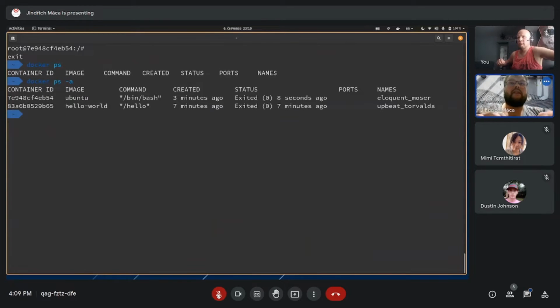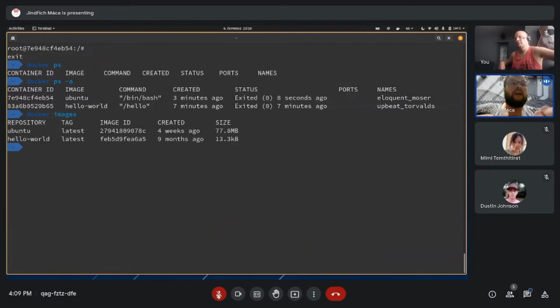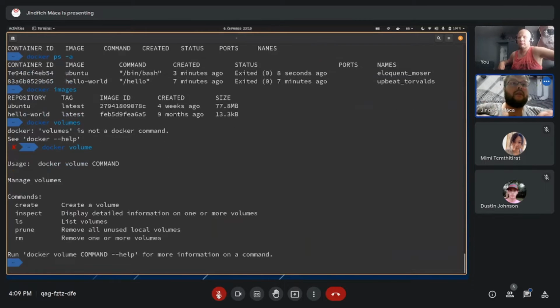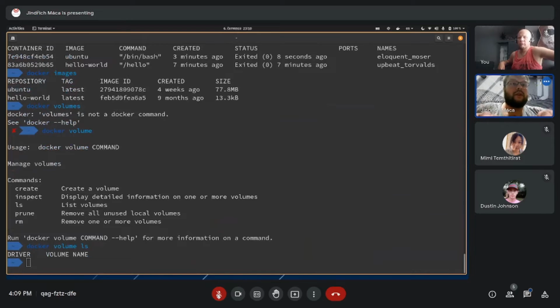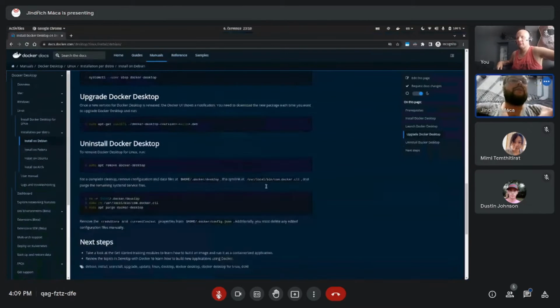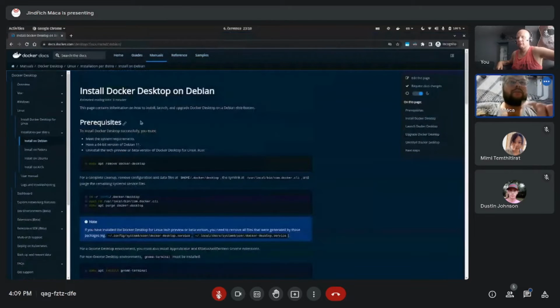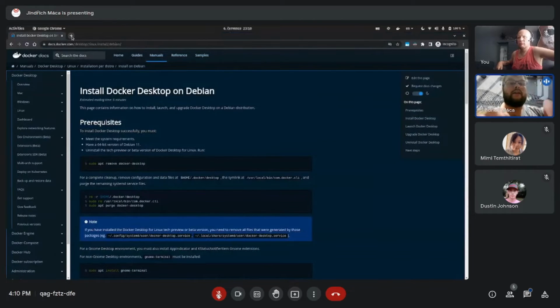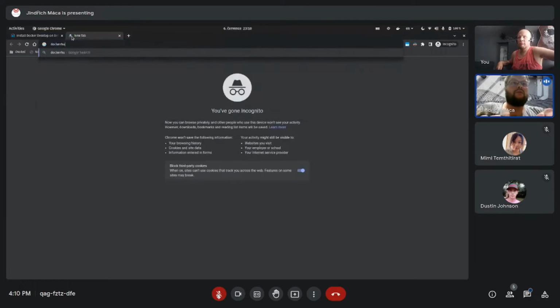Two that exited a couple minutes ago, and yeah, those images. Also, volumes. No volumes. Don't know how to list. There was a way how to list all the shared file system layers, but that's not important right now. Anyway, so this is the base of the Docker, and now last thing I want to show you is